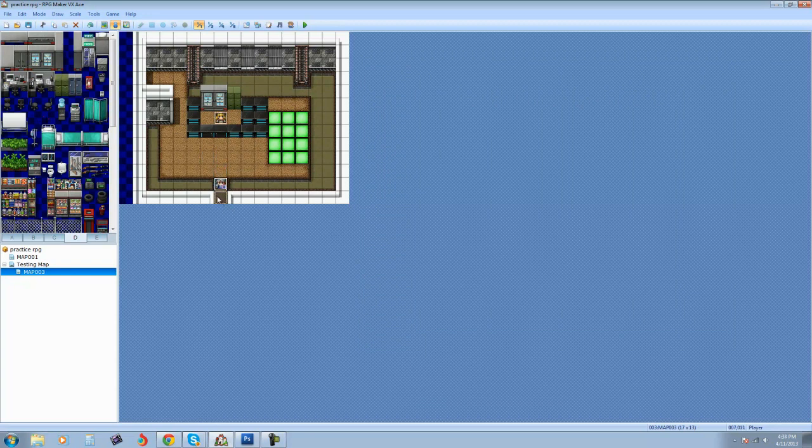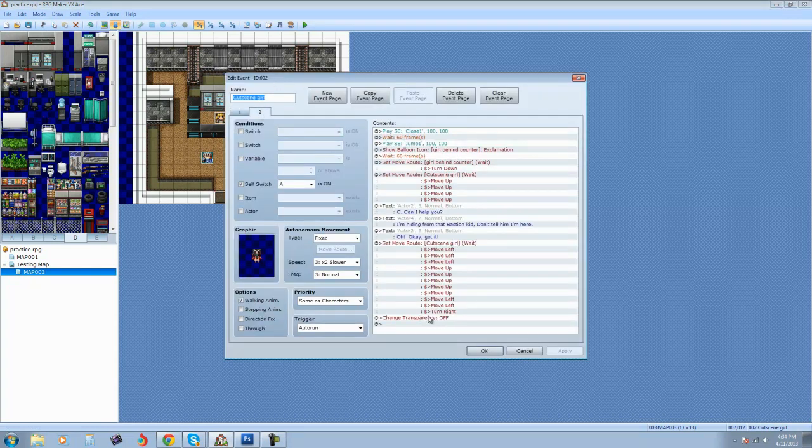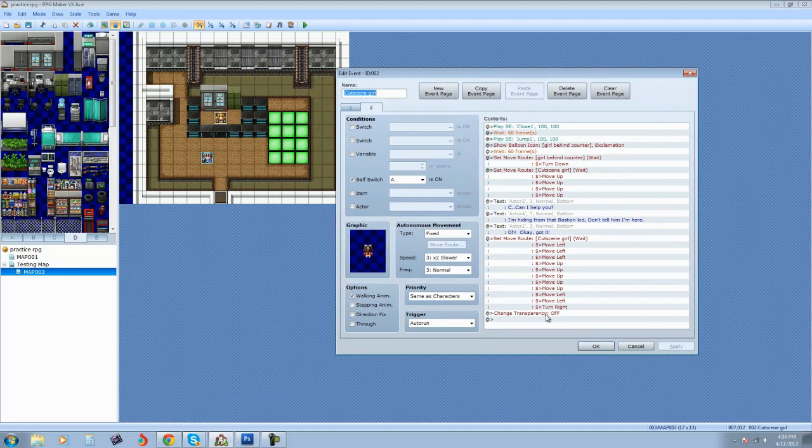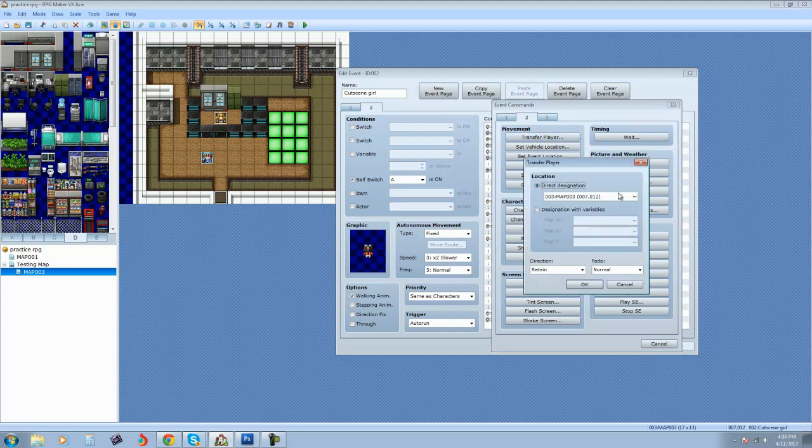But obviously we had the girl start down there, so we can't overlap these. That's the problem that we have. So this is why I'm going to do it this way. On page 2, before his transparency is turned off, I'm going to transfer the player, so on movement, transfer the player